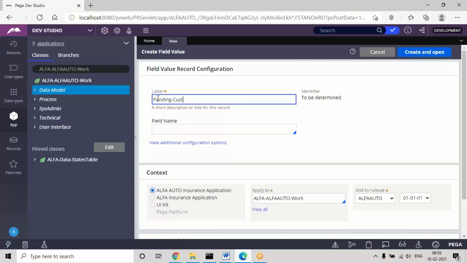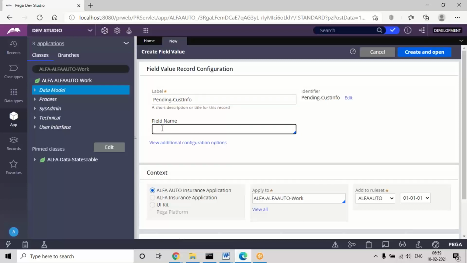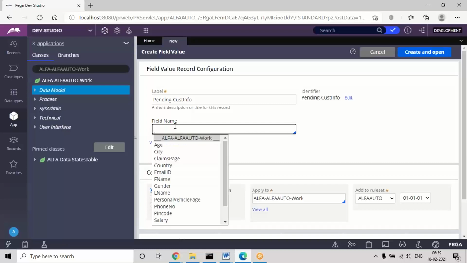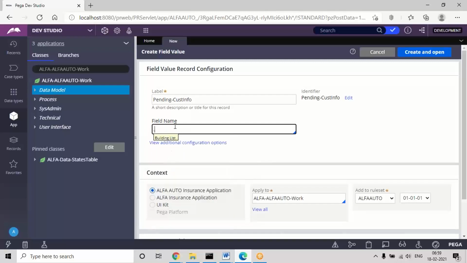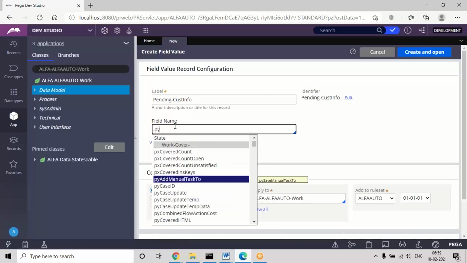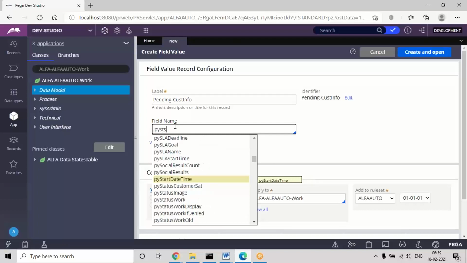The hyphen is not mandatory, but when you're giving two different words in a status value, you can divide them with a hyphen. If you don't give the hyphen, no issue, but mostly whenever we define a status with two words, we divide them with a hyphen. And we have to mention the field name. As I said, pyStatusWork is the field name. So click on the dot option and go to more. In the predefined fields, you can choose this pyStatusWork.